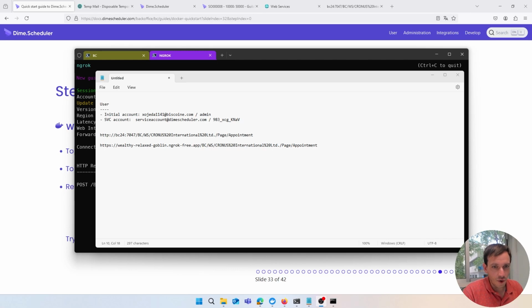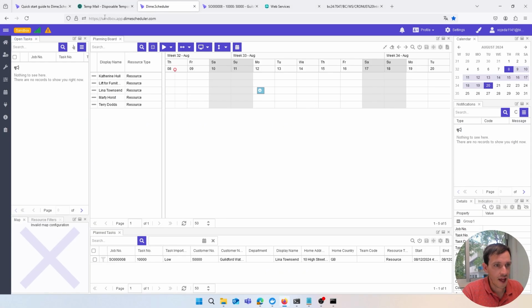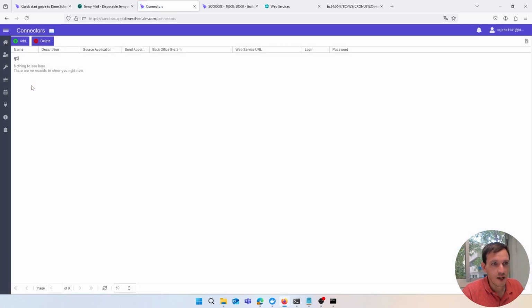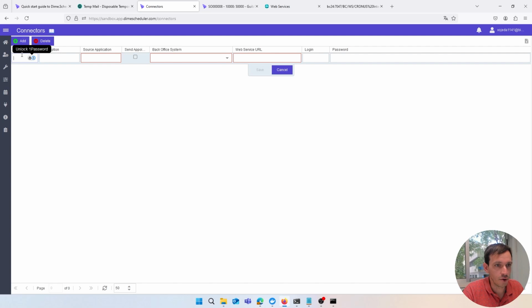With this small digression behind us, we can now go back to Dime.Scheduler and navigate to the connectors setup page. Initially, this list will be empty, which means that we won't be able to send planning data back to any system, which is about to change when we add a new record. Let's give that a name,